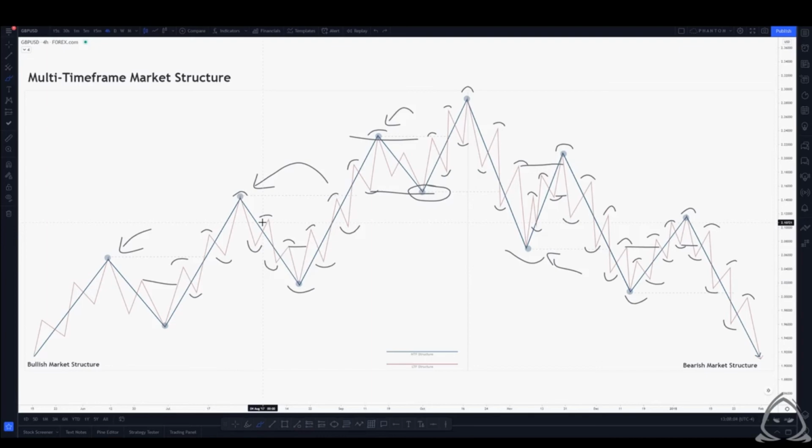It's all happening fractally, meaning that it'll happen on one time frame, it'll happen on another time frame. Generally speaking, trends will start on the lower time frame, say the 1 minute, and build their way up. But at the end of the day, the direction that's easier to find, follow, and navigate is the higher time frame trend,